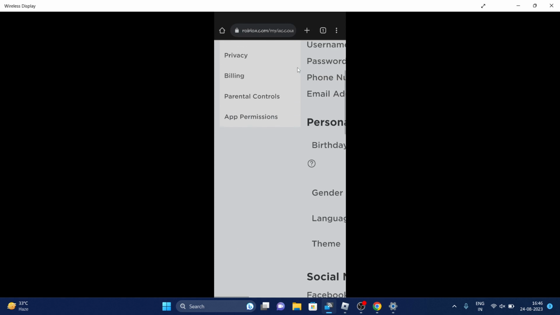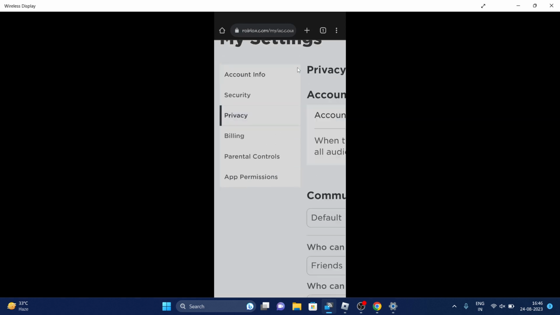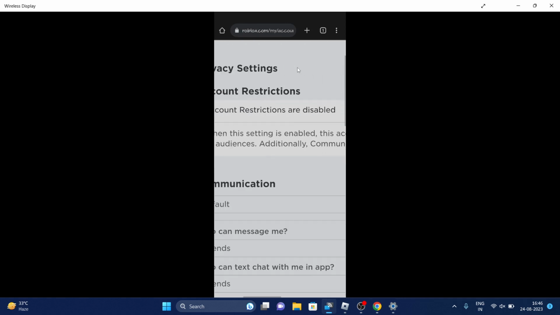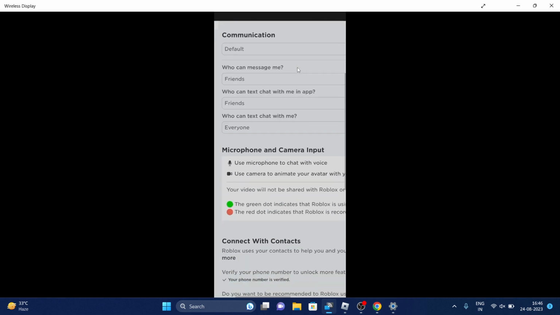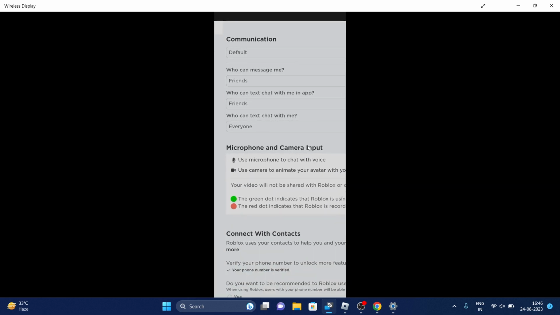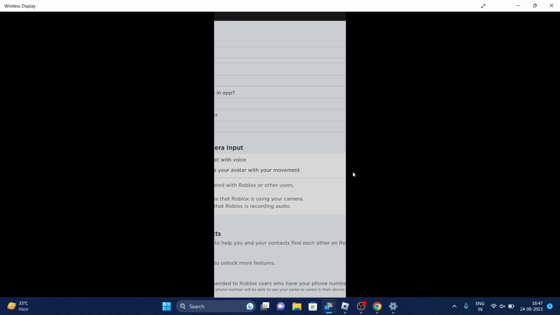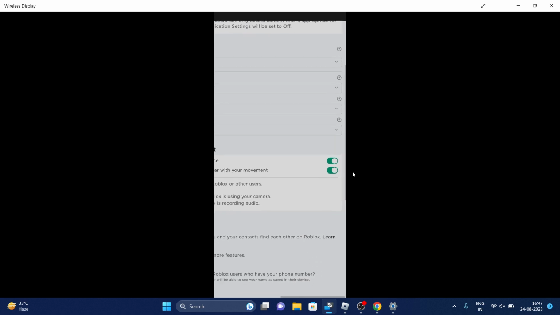And now you have to open privacy options. Now if you open, you can see that these two options will be added after verifying the age. The first one is microphone. The second one is camera. The microphone is used to chat with voice, and the camera is used to animate your avatar with your movement. So once you enable these two options by tapping on this toggle button, once you enable, now if you